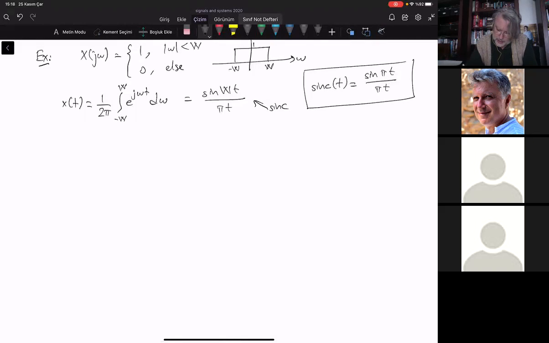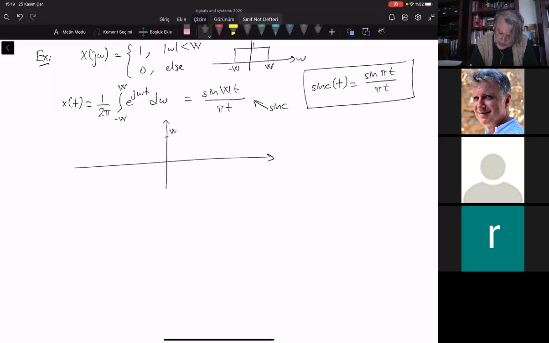But what does it look like? Let's draw these sinc shapes. You may remember that sine of an angle and the angle itself are the same as the angle approaches 0. So just eliminate the sine of sine wt divided by pi t. It's like wt divided by pi t as t goes to 0. Therefore, the value at t equal to 0 is w over pi. So let's put it here, w over pi. This is the peak value,